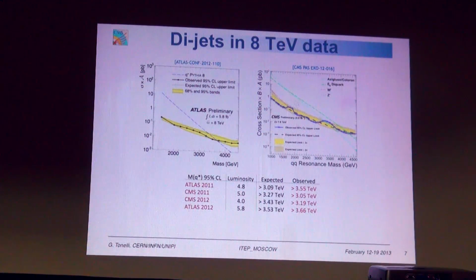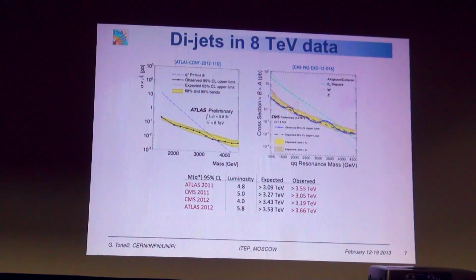And today's limits are quite impressive, basically around 3 TeV. So at the end of the day, with the increased luminosity, you don't expect to gain too much. Now this 3, 3.5 TeV limit corresponds, roughly speaking, to 5 inverse femtobarn of data. I don't expect that even if we put together the entire statistics of 2012, these limits will improve significantly. It will be a few hundred GeV more.